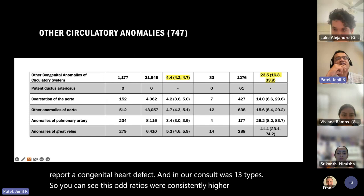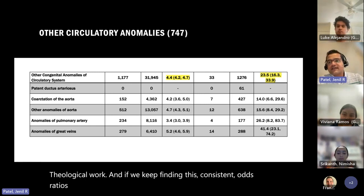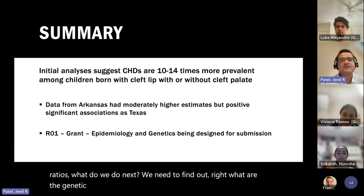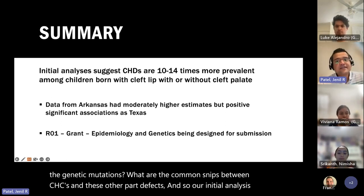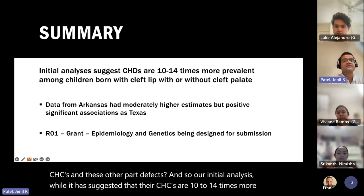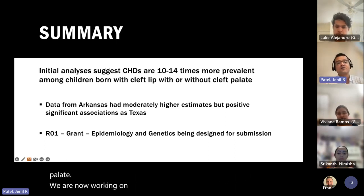And so we're like, okay, if we keep doing this epidemiological work and if we keep finding these consistent odds ratios, what do we do next? We need to find out, right? What are the genetic mutations? What are the common SNPs between CHDs and these other birth defects? And so our initial analysis has suggested that CHDs are 10 to 14 times more prevalent among kids born with cleft lip with or without cleft palate. We are now working on writing an R01 grant, which